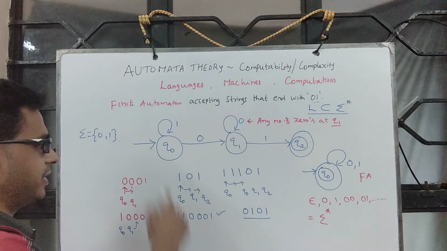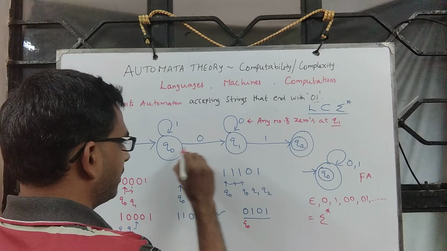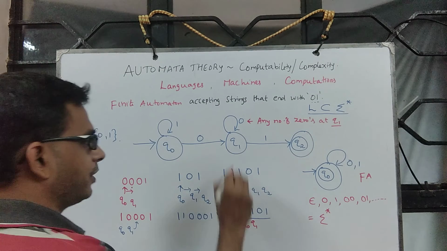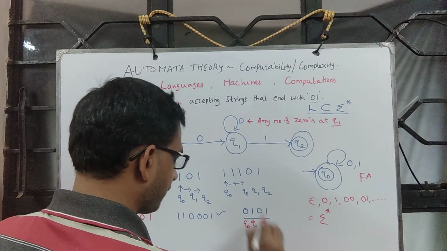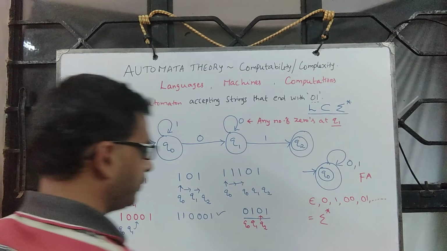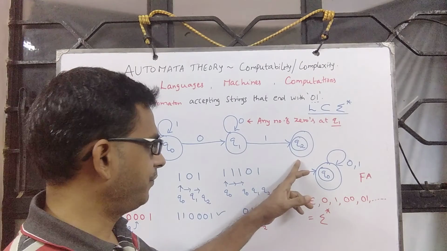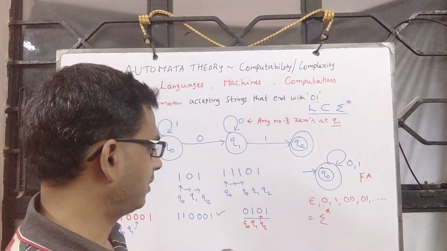So we start the mission at this place, we are at Q0. Then on reading this, we move to Q1. At Q1 we read this one, then we move to Q2. Now at Q2, I am seeing a 0 and we don't know what to do. The transition is not defined.